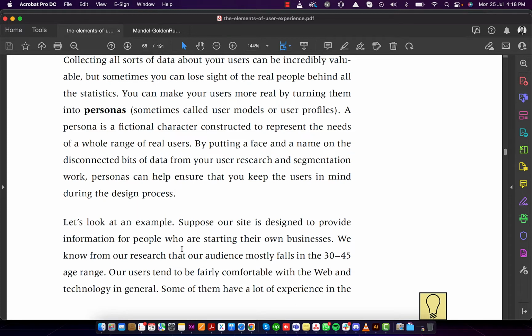This application is only designed for this particular use, but that is not true actually. So what we have to decide or define in persona is the user segmentation and user needs. In our last class this is what we talked about, right? So